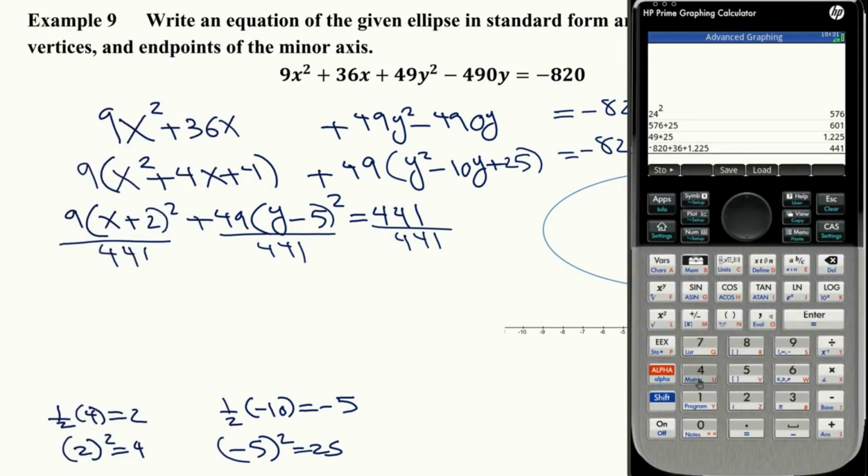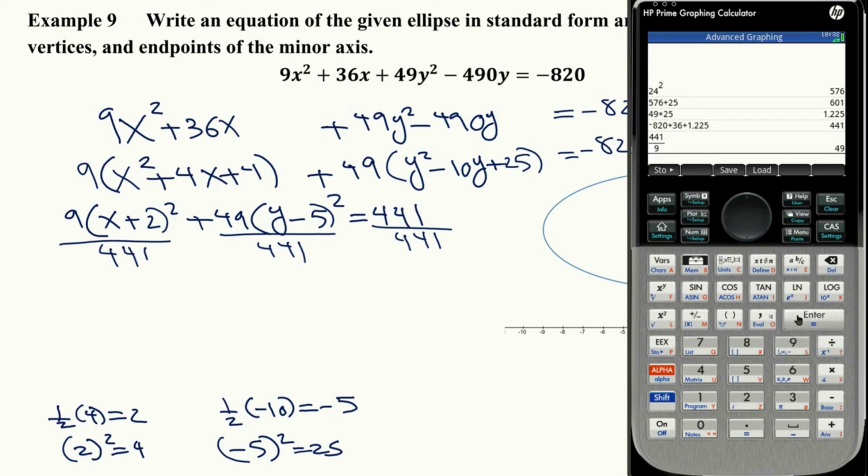So 441 divided by 9. Now, do I already know that 9 is going to go into it? Remember, the divisibility rule for 9 is very simple. It's just like 3. You add the digits. If the sum is divisible by 9, so is the number. What's 4 plus 4 plus 1? That's 9. I already know it's going to go into it, so I'm going to confidently divide, and I get